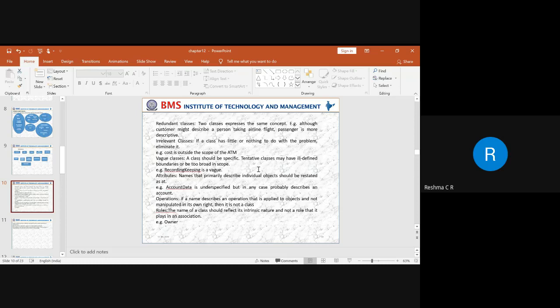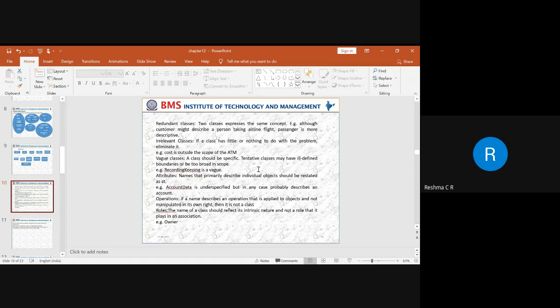Next are the attributes. We need to identify which is an attribute and which is the name of a class, because an attribute gives the description of individual properties, how it is going to behave in that particular class. We need to classify whether the name we have taken is an attribute or a class name. If it describes any properties, then we identify it as an attribute. Those kinds of attributes should not be included as a name of a class, and we need to try to eliminate them.